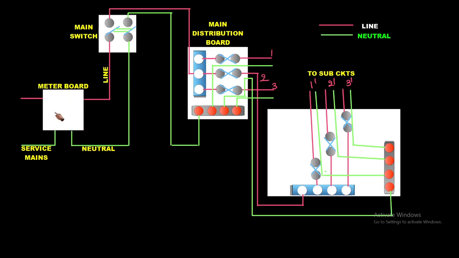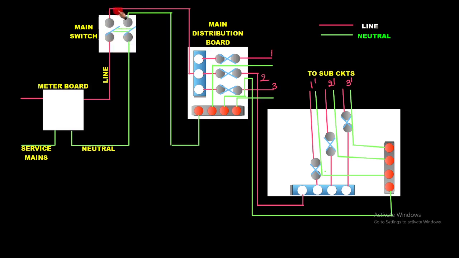When you have the meter board, you have the energy meter, then you have the service box and service cable here, and the ceiling end box. That means for the meter we connect one meter box, then a bus bar arrangement which is connecting the neutral. Next, from the meter board we go to the main switch. In the main switch the fuse and all those things are installed along with the main switch.